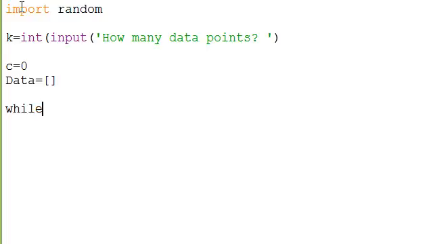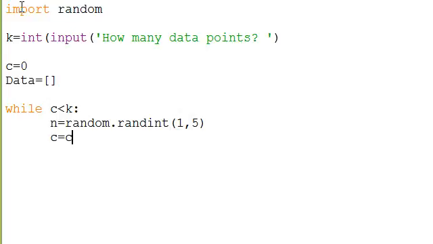All right, and then we're going to go all the way to the back here. And so we have while C is less than K. Okay, so K is the number of data points, and then we're going to have N. We got to get a random number: random.randint, we'll say 1 to 5 here. And then C equals C plus 1,